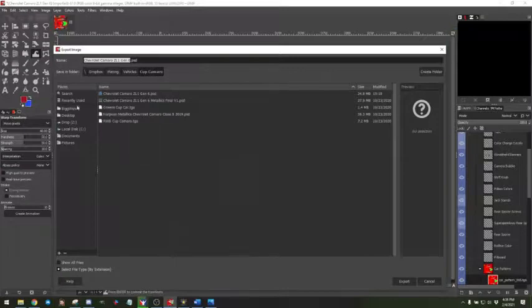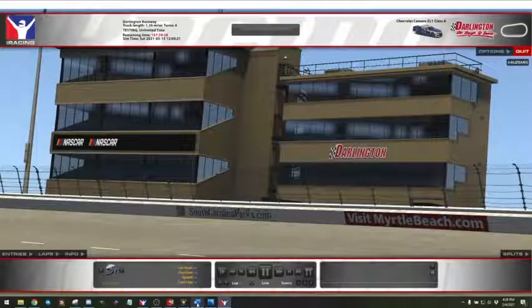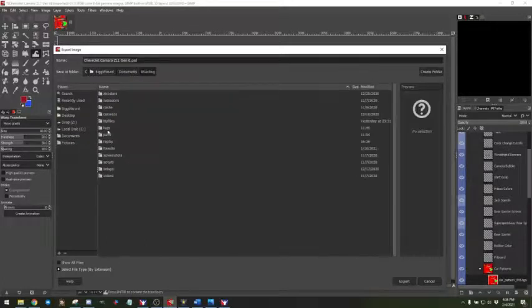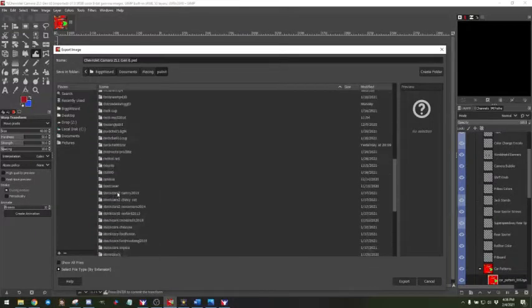Okay, so you're going to do export as, and as soon as that finishes loading, it's going to come up in front of me. And you need to find this. This is important to where to save the file and what to call it. Okay, so where you're going to save this file is you're going to save it right in the iRacing folder, and there's a paints folder for every car you own that you've driven. There's a paints folder there. So it's under your C drive, under your user, under documents, iRacing, paint, the car name,